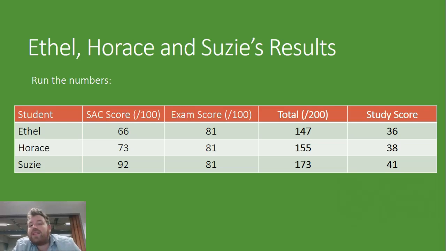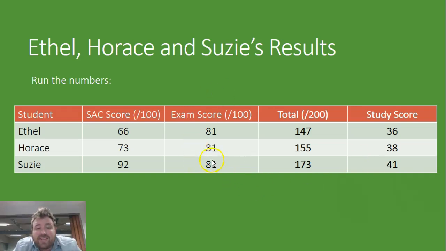So, if we run the numbers one last time with option 3, what we find is that Susie has actually done a little bit better than Horace and Ethel because her statistically moderated SAC score has ended up a little bit higher. Overall, that means her total score, which is just her SAC score plus her exam score. Sometimes there's a weighted average here. One might be worth 40 and 160, or 33, 67. But somehow or another they're added together, and eventually that gets turned into a study score. And presentation 1 will talk about how that happens. And of course, Susie ends up with a slightly higher study score because they had the same exam scores.